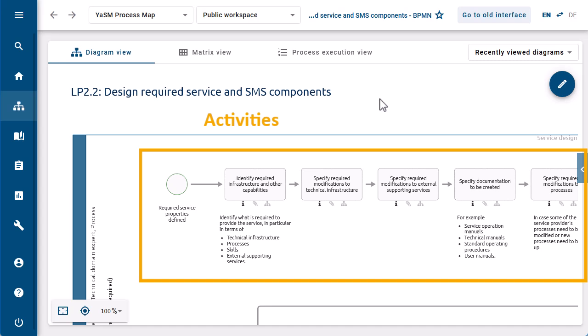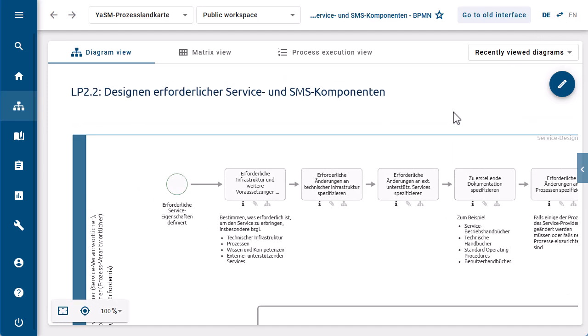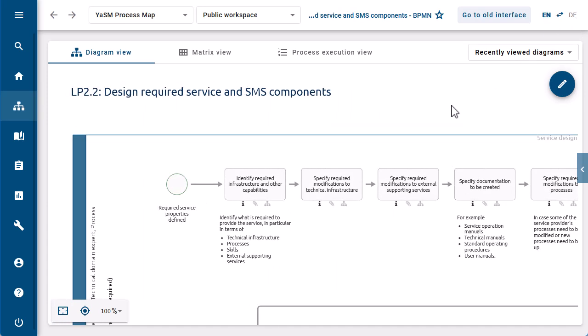the process. Since the YASM process map always includes the English and German versions of all diagrams, you can easily switch between these two languages anytime. The currently selected language is shown in bold at the top right corner of your screen. Click on the double arrow to toggle languages, and immediately everything will show up in German. But we stay with English, because I also wanted to show you that you can modify and adapt the processes.